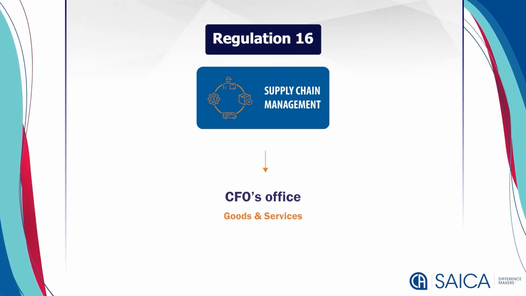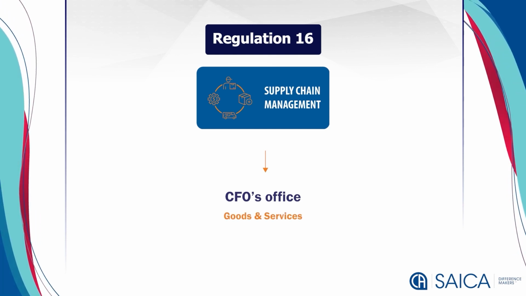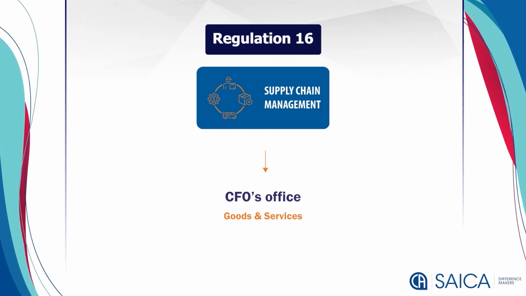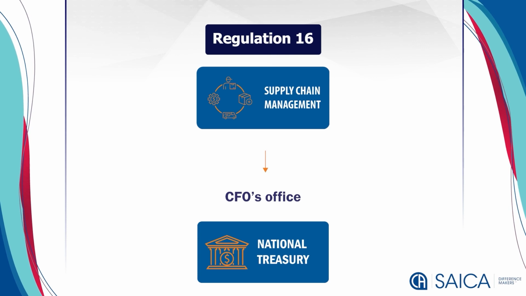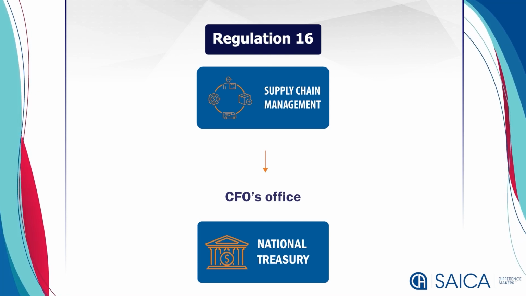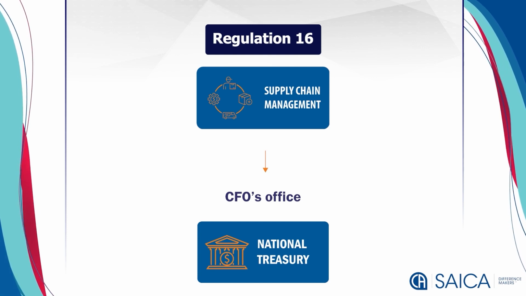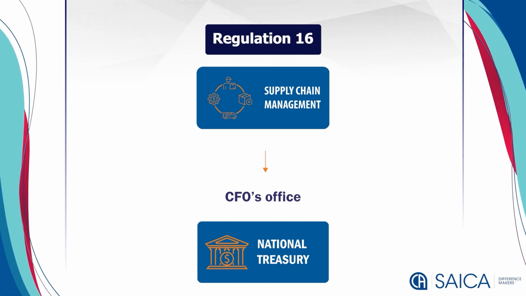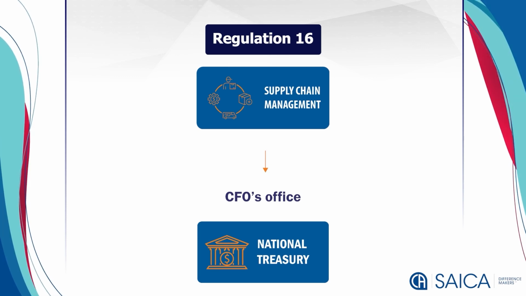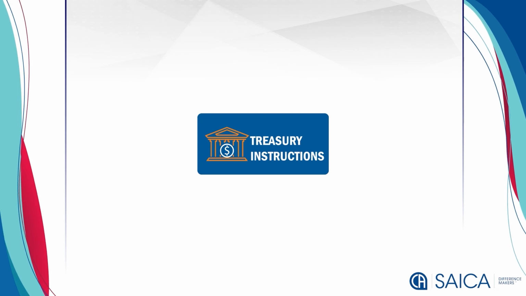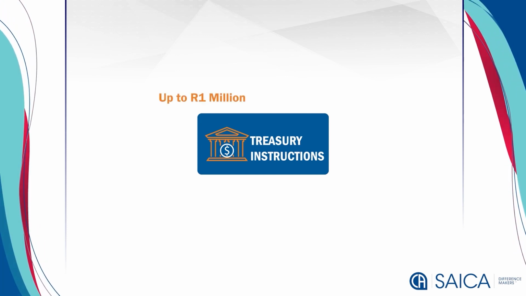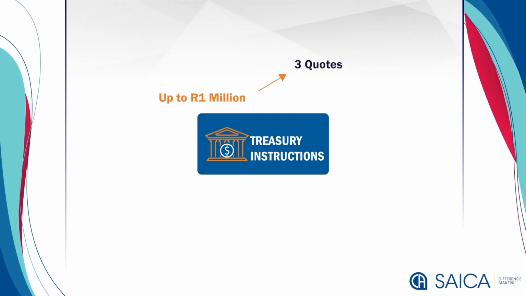Procurement of goods and services must be done either by way of quotations or through a bidding process and must be within the threshold values as determined by the National Treasury. The National Treasury practically implements this regulation by issuing SCM instruction notes that outline what these thresholds are. Currently, SCM Instruction Number 2 of 2021 to 2022 is the relevant instruction and in summary states that expenditure with an estimated cost of up to 1 million rand should go through a 3-quote process.